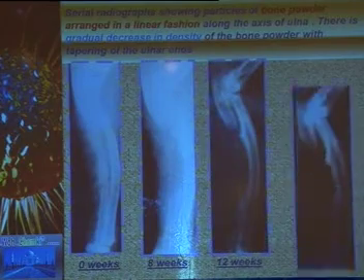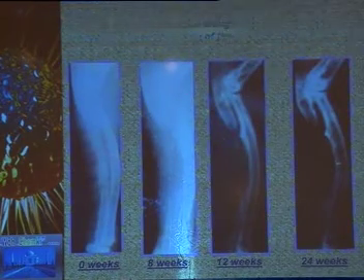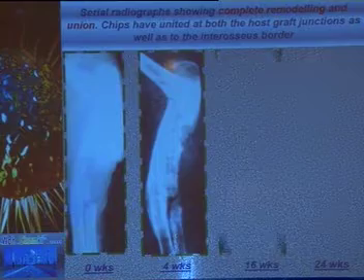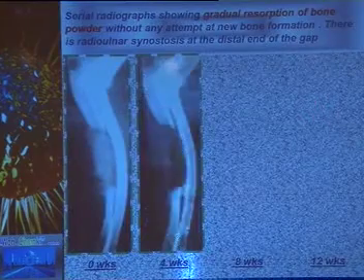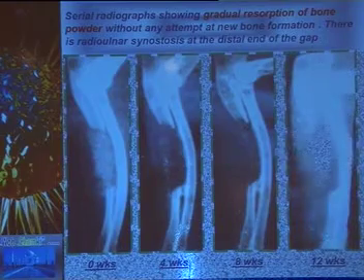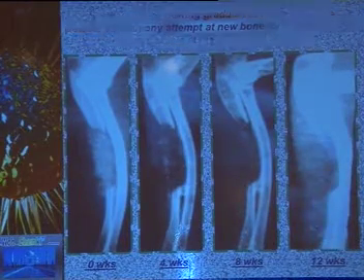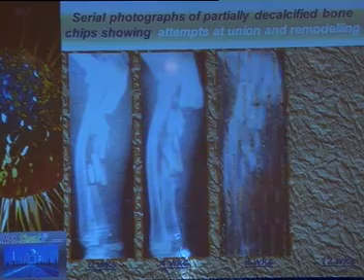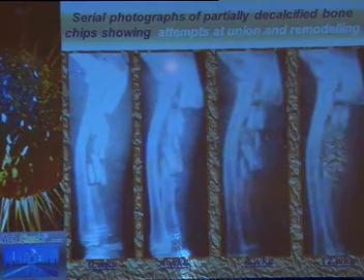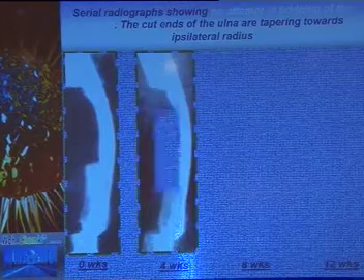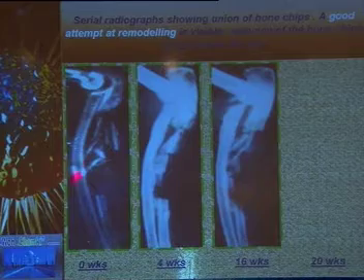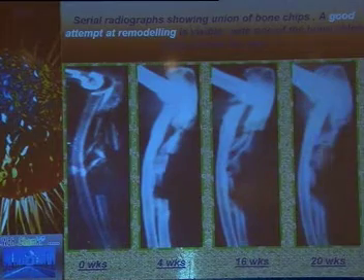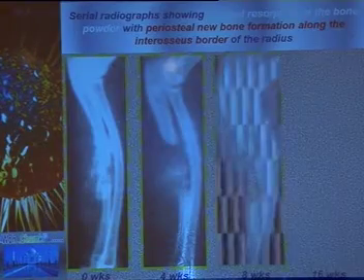The bone powder, here it is in a linear fashion, getting resorbed. The bone chips here, complete remodeling is seen. The bone powder is getting resorbed by the end of 12 weeks. Here the bone chips again are getting united and remodeled. However, there is no attempt at bridging of the gap in this control group. You can see one of the bone chips lying outside the gap and the rest are getting united.